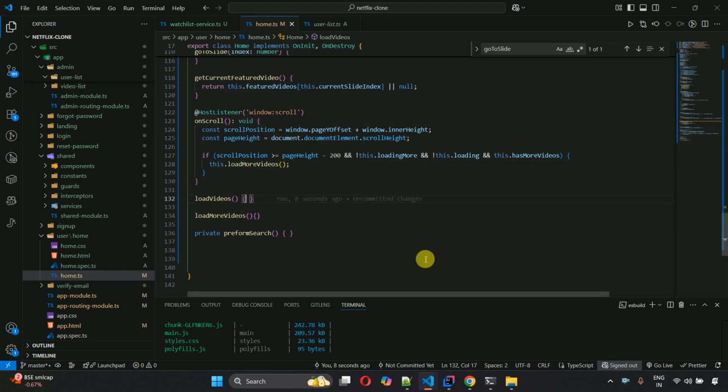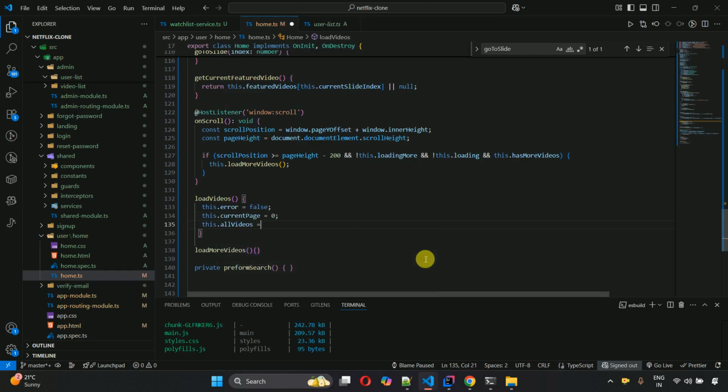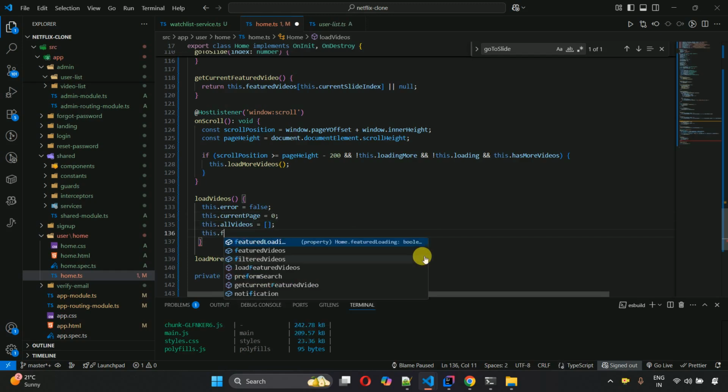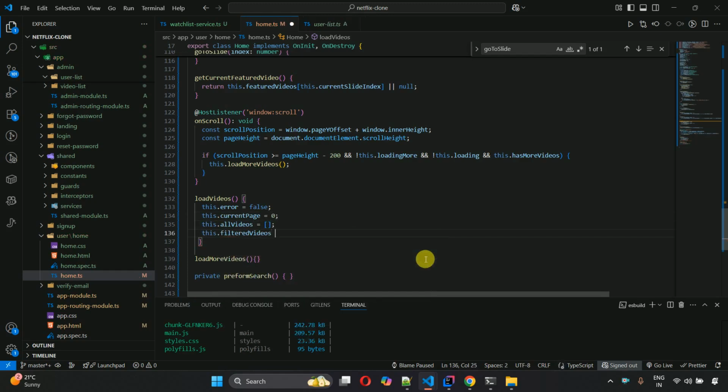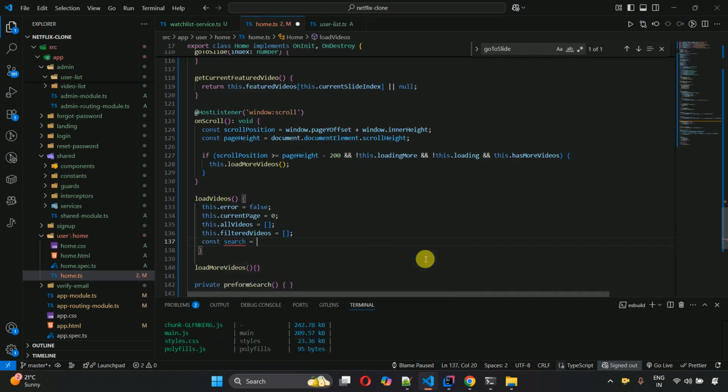So get inside this particular method, and here this.error is equals to false, and this.currentPage is equals to 0, and this.allVideos is set to blank, and this.filteredVideos is equals to blank, and then const search, and this.searchQuery.trim,